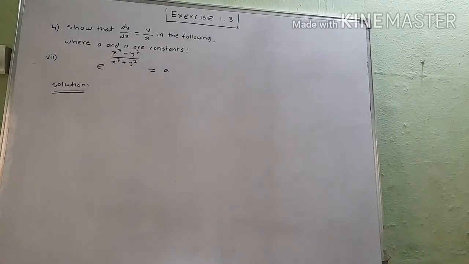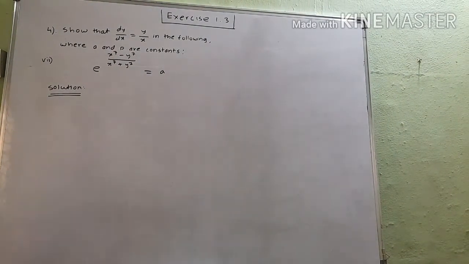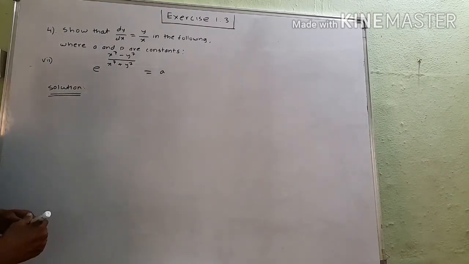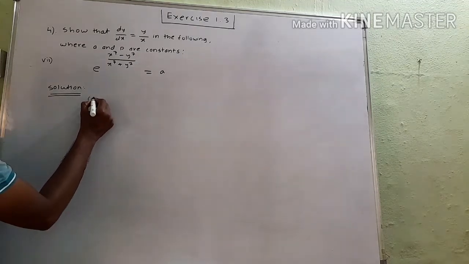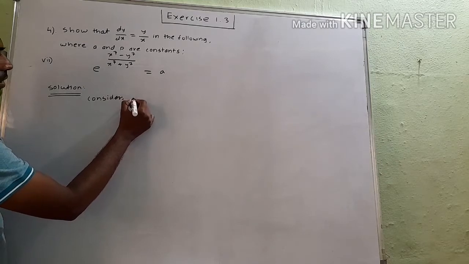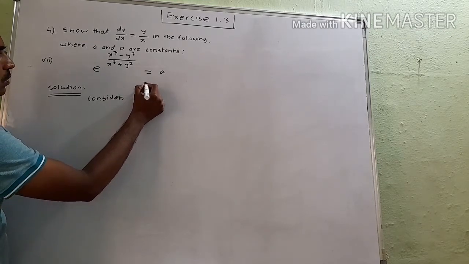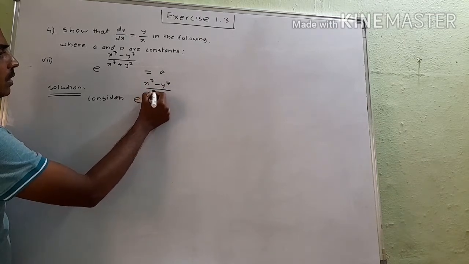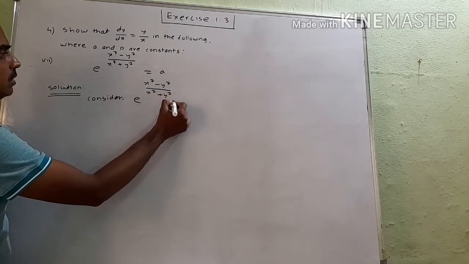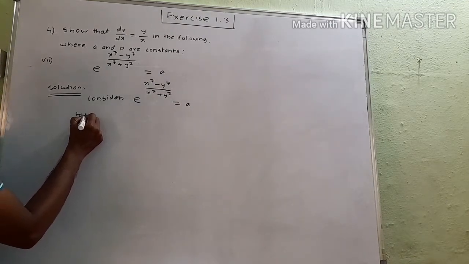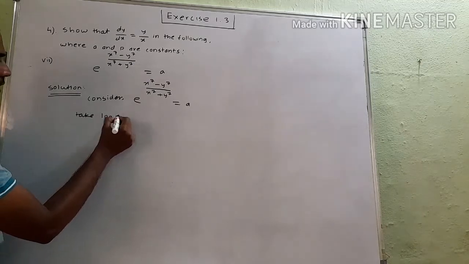Now we will see the solution of the seventh example. In the sixth example, the logarithmic function we converted into exponential. Now here is an exponential function type example. We will first of all write the given example as it is. Consider e raised to x raised to 7 minus y raised to 7 divided by x raised to 7 plus y raised to 7 equal to constant. This is the given example. If we take log on both sides,